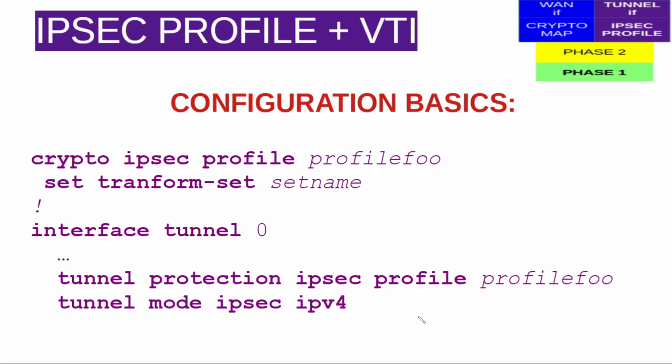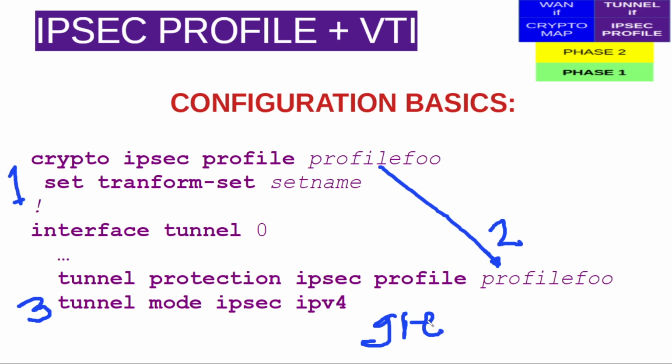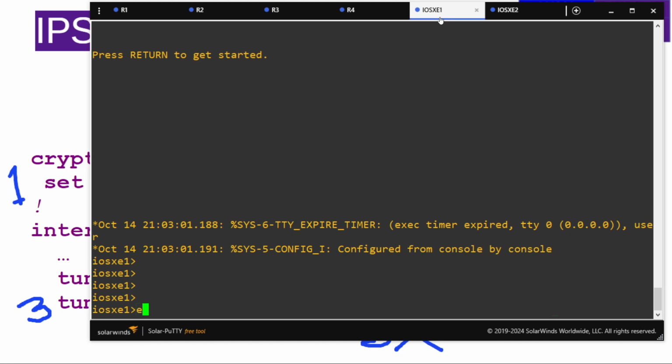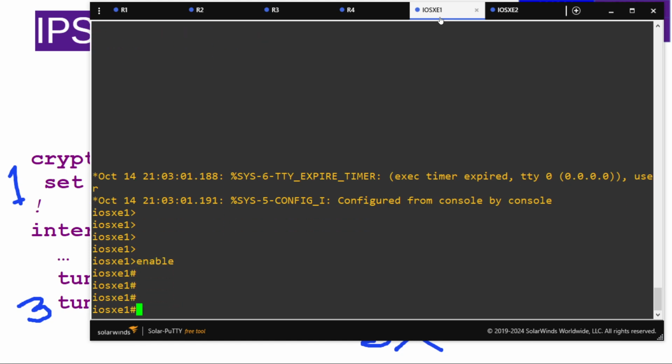So we are going to configure the IPsec profile. Then we are going to protect the tunnel interface with this IPsec profile, and then we are going to change the mode of the tunnel in such a way that we are going to get rid of GRE. So this will be a pure IPsec transport. So let's configure that. Let's go to these two devices. In this case, we are using IOS XE. We are not using traditional IOS. So let's configure